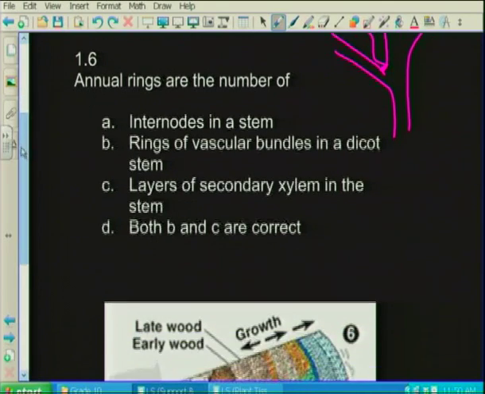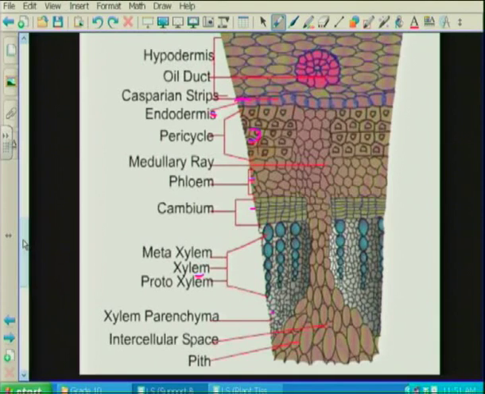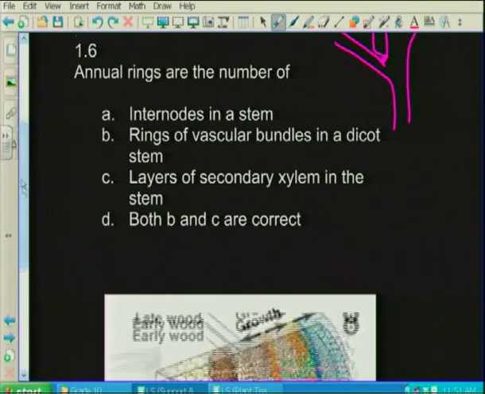The rings are vascular bundles in a dicot stem. Is it the xylem and the phloem and everything? Let's go back, what were the vascular bundles made of? If we go back to the vascular bundles in a dicot stem, the vascular bundles are your phloem and your xylem and your parenchyma and the cambium. So it is not completely that either. The layers of secondary xylem in the stem,